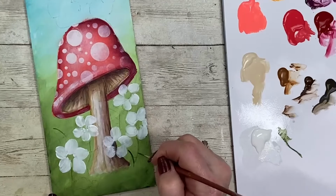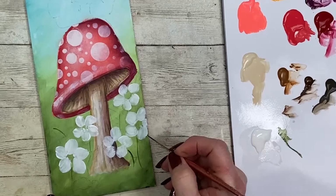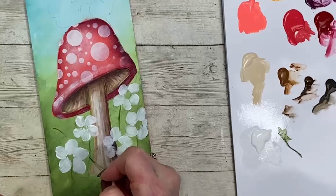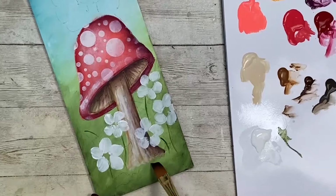And I'll go back later and add more, but this helps me to know where everything's going to be placed. And my paint's very thin. You can see I wipe it off with my finger. If I don't like the way it looks, I probably should use a paper towel, but my fingers are always